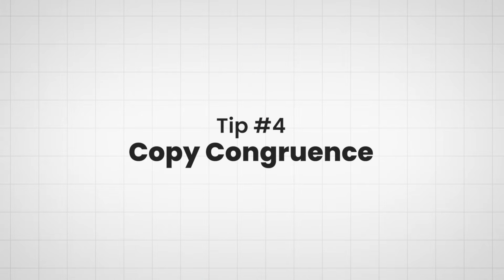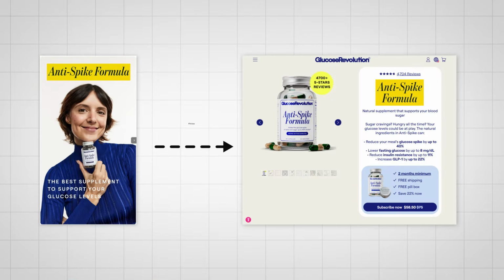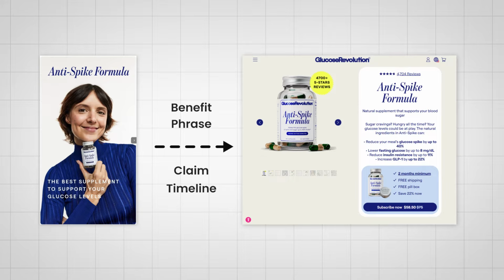Tip number 4, copy congruence. Make sure there's congruency between your ad and the sales page, as in somehow match the copy in your ad to the headline on your page. It usually helps to have one simple but pronounced element to link those two things clearly. It could be a phrase that is used to describe the pain point, the benefit, the claim. Maybe it's a specific timeline, or even a similar image can also be enough to create that through line for